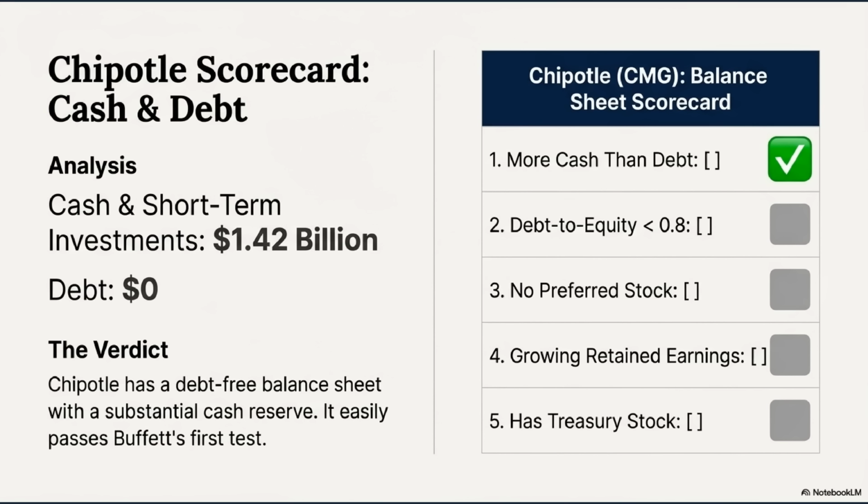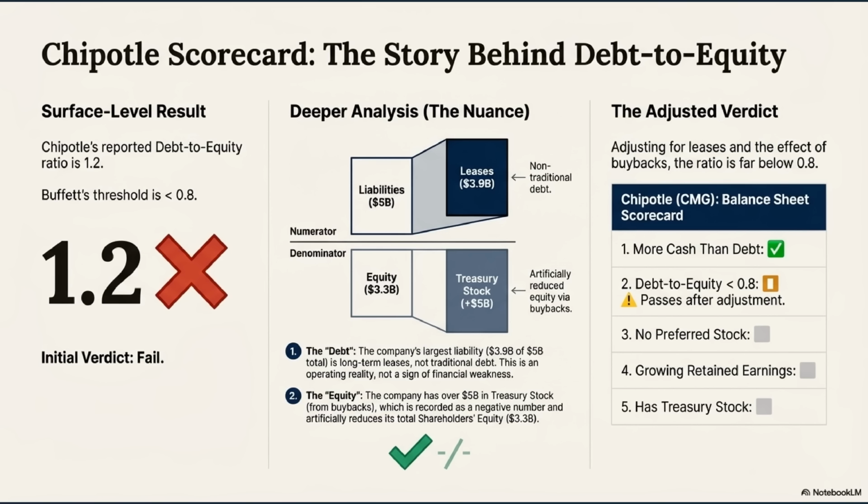Okay, but hold on. It's recorded as a negative number, right? That can be confusing. It is confusing, and that's just an accounting quirk. It reduces the book value of equity. But what you're looking for is the existence and the size of that buyback activity. So a bigger negative number is actually a good thing in this context. Exactly. The fact that the number exists and is getting bigger proves management is putting its money where its mouth is.